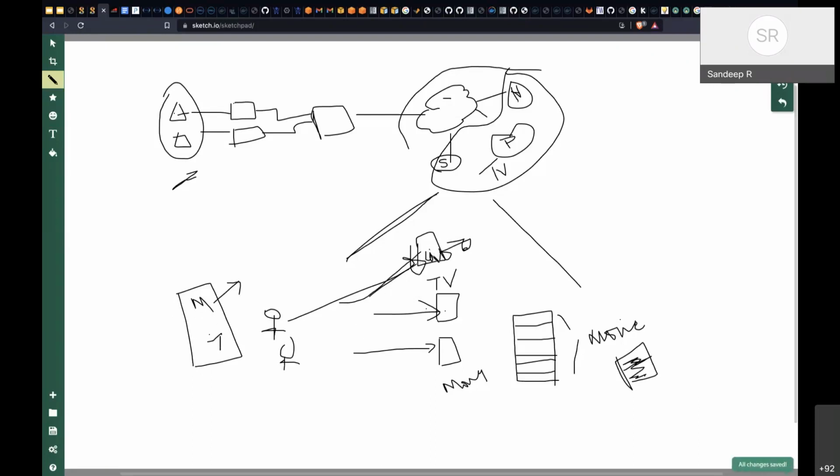It will ask, what are you looking for? Movies. Then it will send a message through the Kafka bus, the message broker architecture, saying give me a list of all the latest movies that you have. That request will come, the response will come back, and then it will be returned to the user. Now you'll go one step ahead and see all the movies that come here.